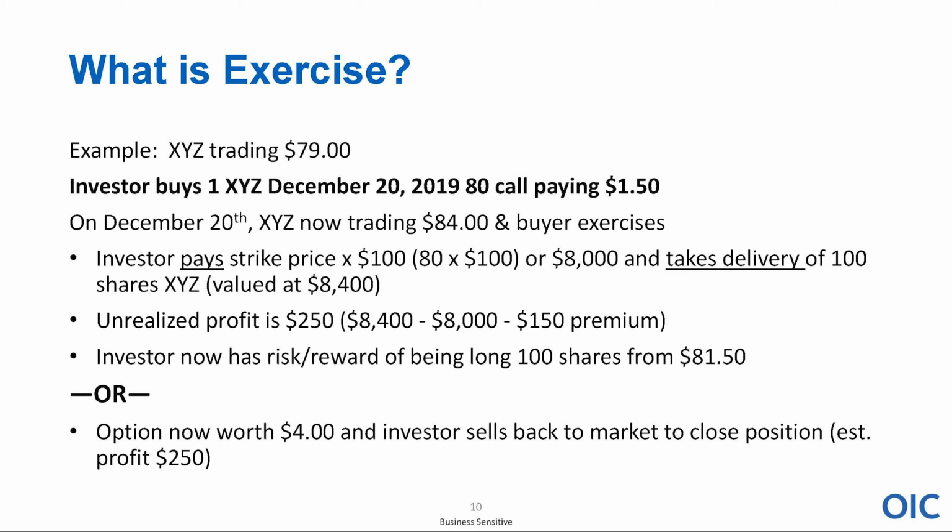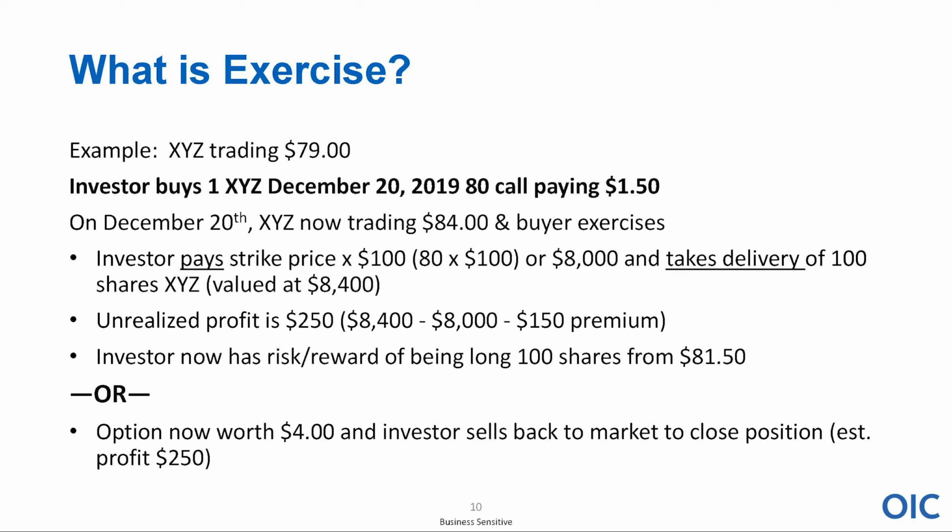So if I exercise that option and I now own 100 shares trading at $84 per share, my cost of entry is $81.50. Do you see that? So it's the 80 strike price. I paid $1.50. Now, if I would have bought the stock at 79, hey, I'd be up $5, wouldn't I? But you know what? Number one, maybe I didn't have that much money. And number two, maybe I was concerned about an earnings announcement or a product announcement.